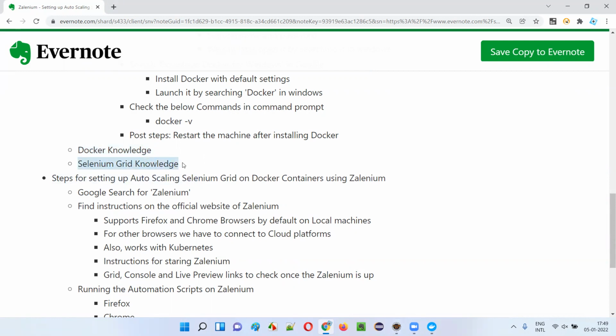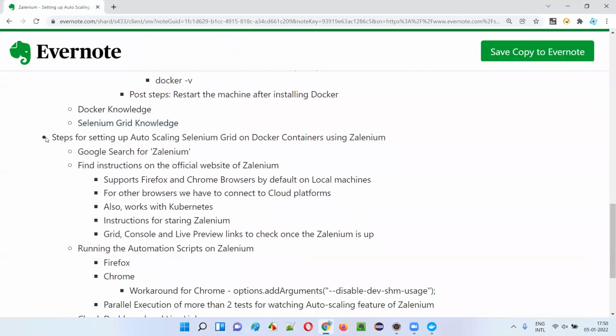And also you should have some Selenium Grid knowledge. Okay, what is Selenium Grid? What is Hub? What is Node? All those stuff, you should have some basic knowledge. If you don't have this basic knowledge of Selenium Grid, go and watch my videos on Selenium Grid, and come back here. But that is not much required for Selenium. As part of this understanding, you can still go through this, and later you can watch other videos of mine on Docker knowledge and Selenium Grid knowledge. Okay, fine. Anyhow,